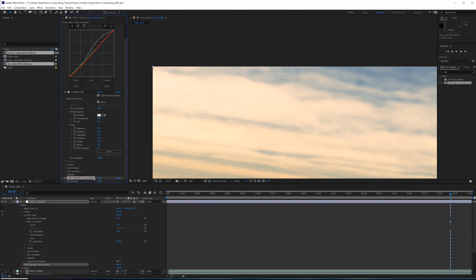There are tone mappers that work a lot better than this, but if we lock this off at maybe a value of around 30, I might just lower the brightness of the curves a little bit here. And you want to make sure there's no values getting above 1. So this looks pretty good now.